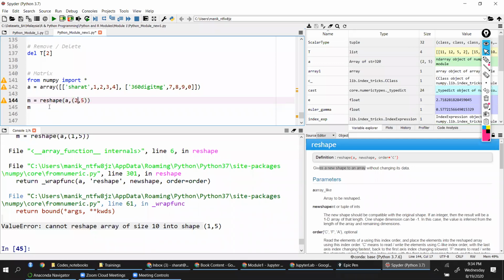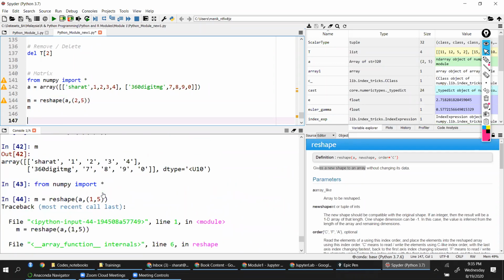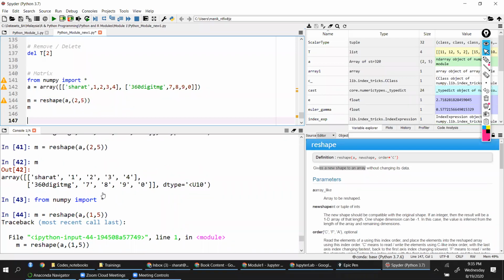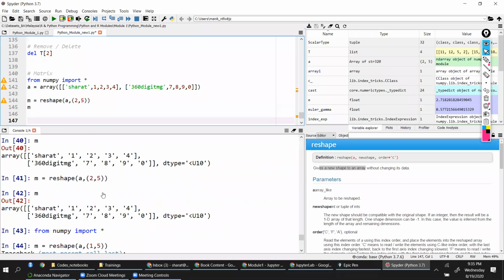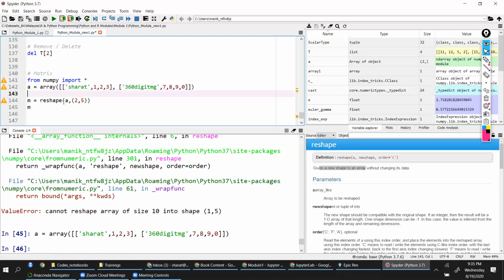Sharath, one question here. When you see A and when you see M, both look very similar. I don't see what is reshaped. Could you just go above? I'm not able to find the difference that has happened after reshaping. Yeah. There's no difference. It's just a proper way to define your matrix. What is the difference between a two-dimensional array and a matrix? Yeah, a matrix has the same number of data items.